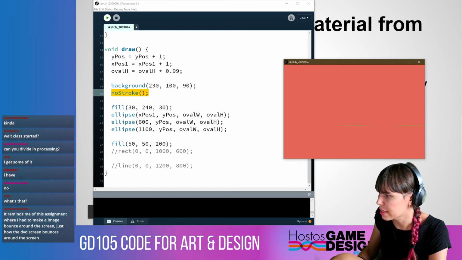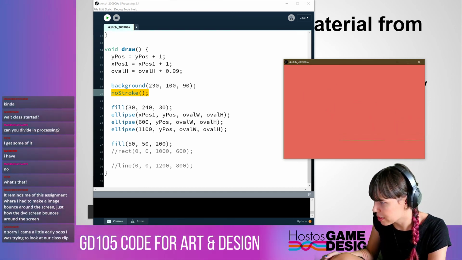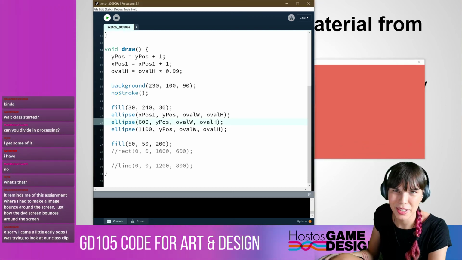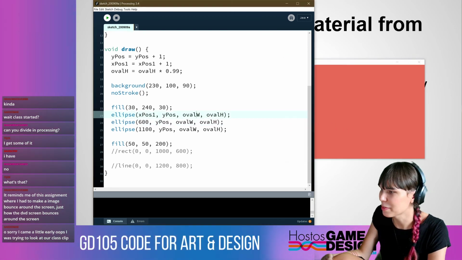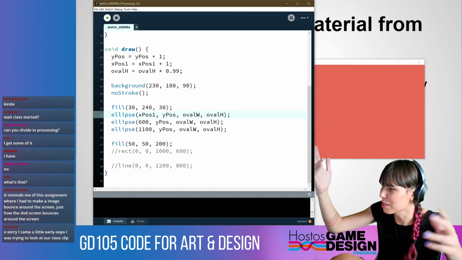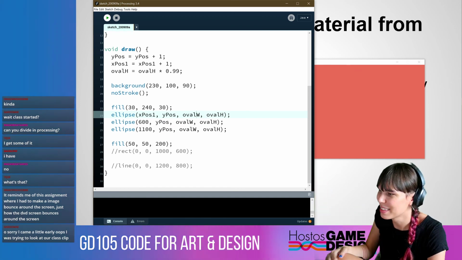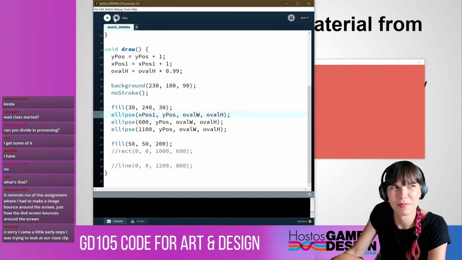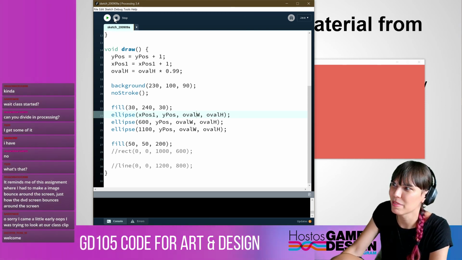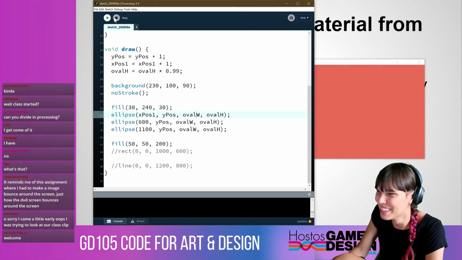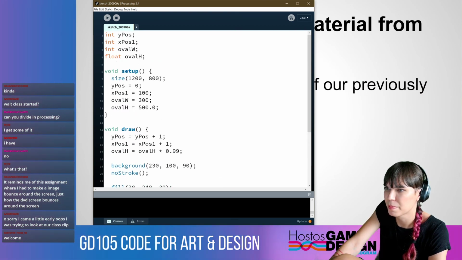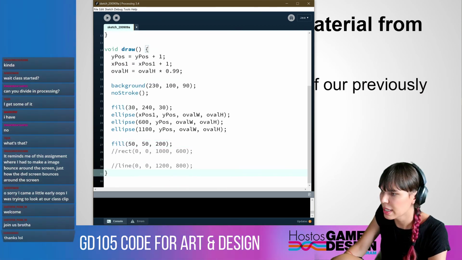It reminds me of this assignment where I had to make an image bounce around the screen, just how the DVD bounces around the screen. So yeah, you could recreate that assignment in processing if you wanted to. But it's okay, you're always welcome in our class, any class. These wouldn't be public if you weren't welcome. Cool, so yeah, so hopefully